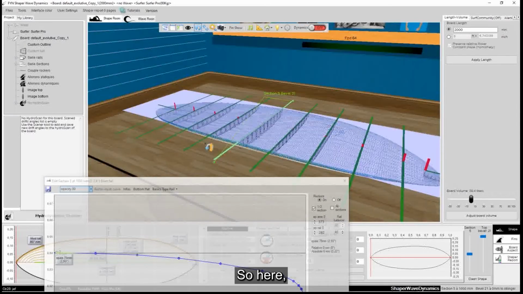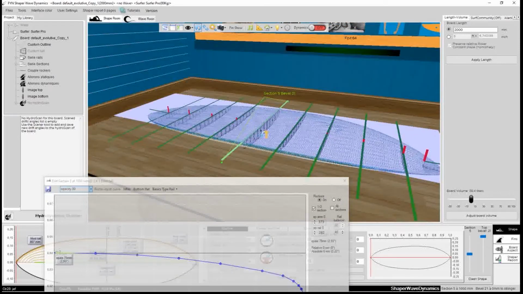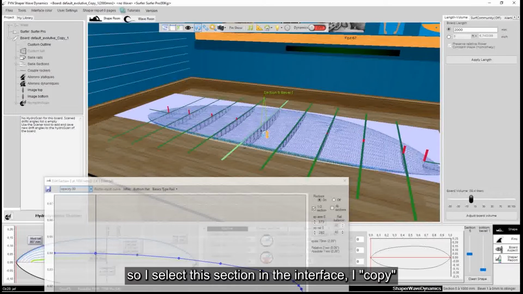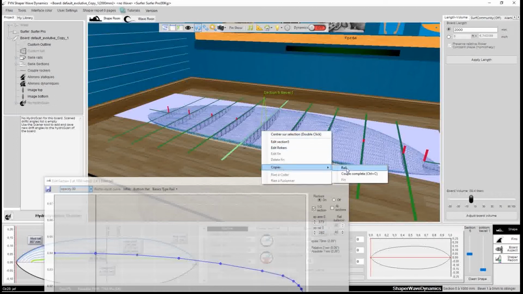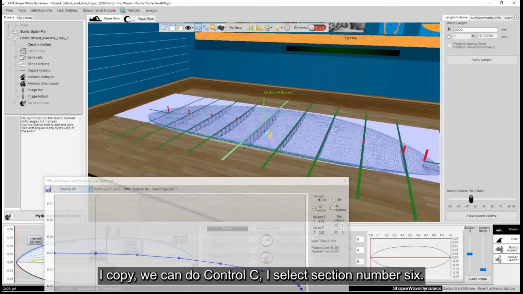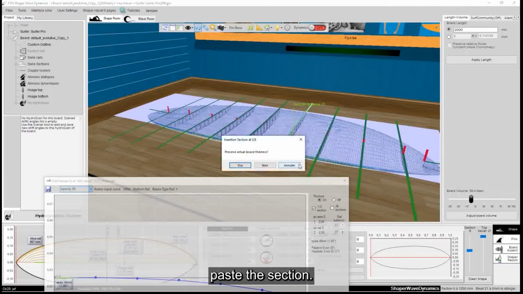So here, I know I have to apply the section around the wide point. I select this section in the interface and copy. So copy complete cut. I copy, we can do Ctrl C, I select section number 6, and I paste, or Ctrl V, the section.